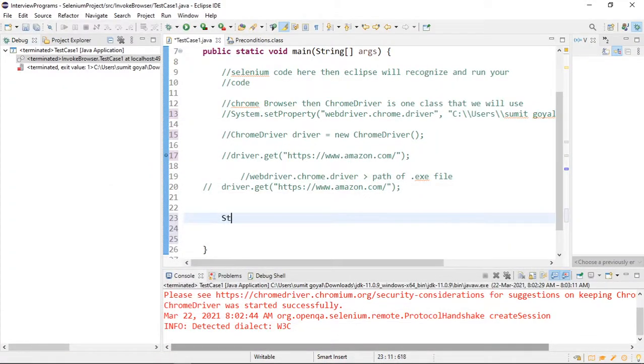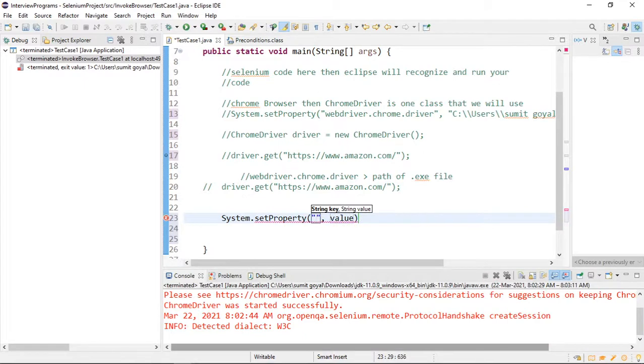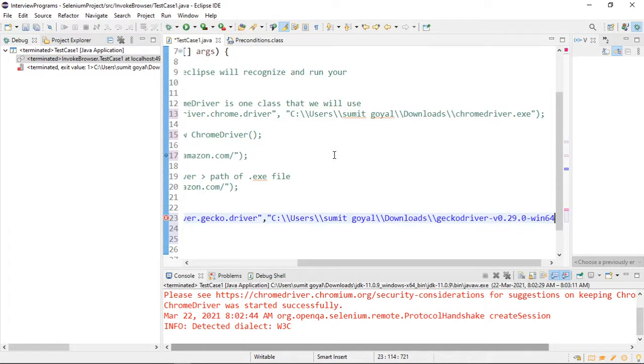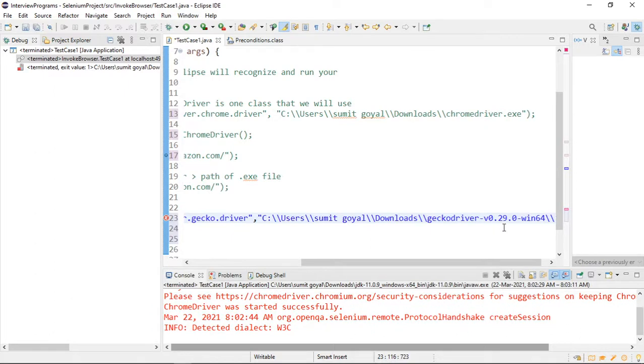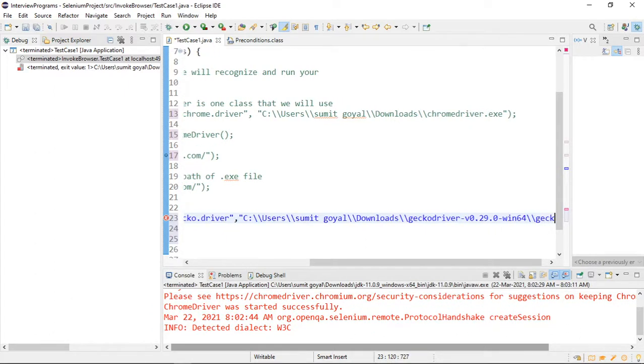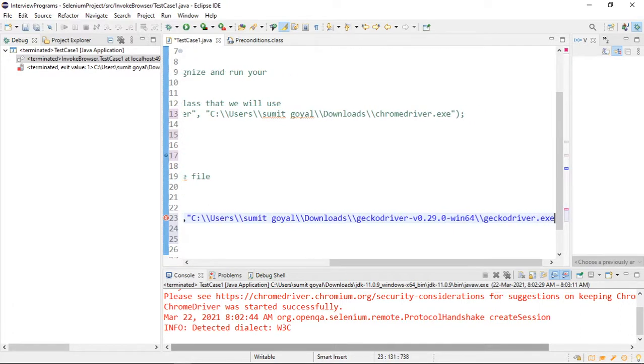So again same step. This is our first step: set property. Property name is webdriver.gecko.driver, as we are working on Firefox, and the value is this one. After providing the complete path of Gecko driver, I also have to write the correct file name with .exe because it is an .exe file.